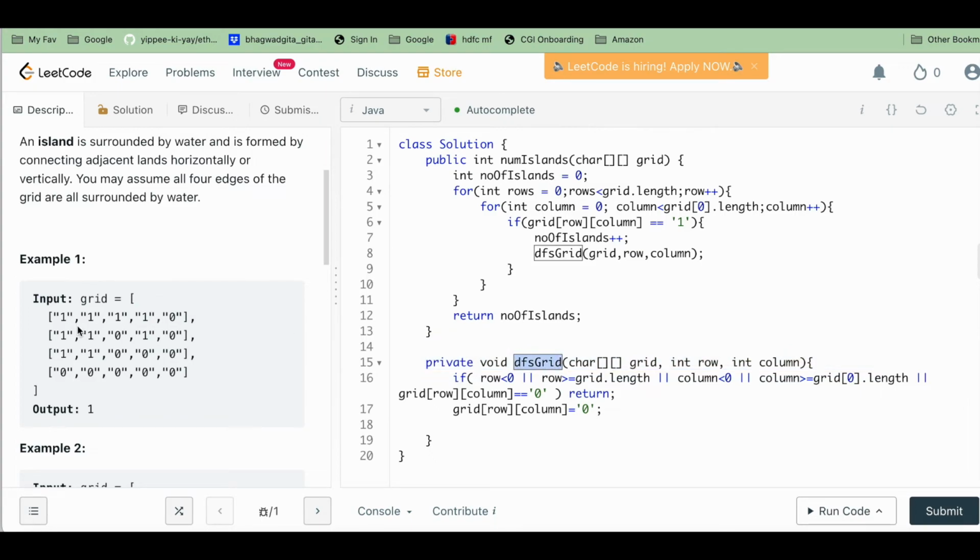So for example, if I am here, what are its 4 neighbors? If we are doing a DFS for this value, this will be at the same row and column minus 1. This will be at the same row and column plus 1. This top will be same column and row minus 1. This down will be at the same column and row plus 1. So that's where we need to do this function call 4 times